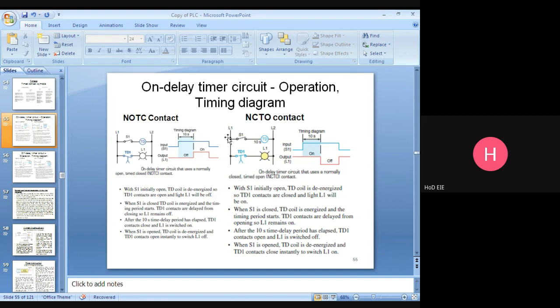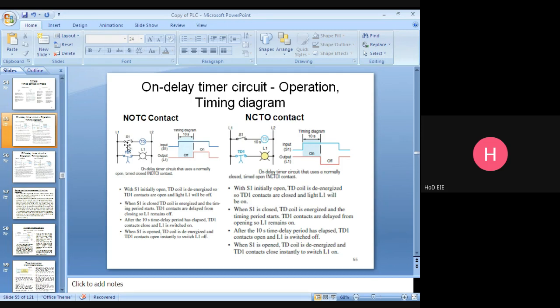When this switch is on, I mean closed, at that time this should energize, this should open, the bulb should go off immediately. But there will be some time delay. That's why we are saying this one is on delay. This action should take place immediately, but there is a time delay happening over there.